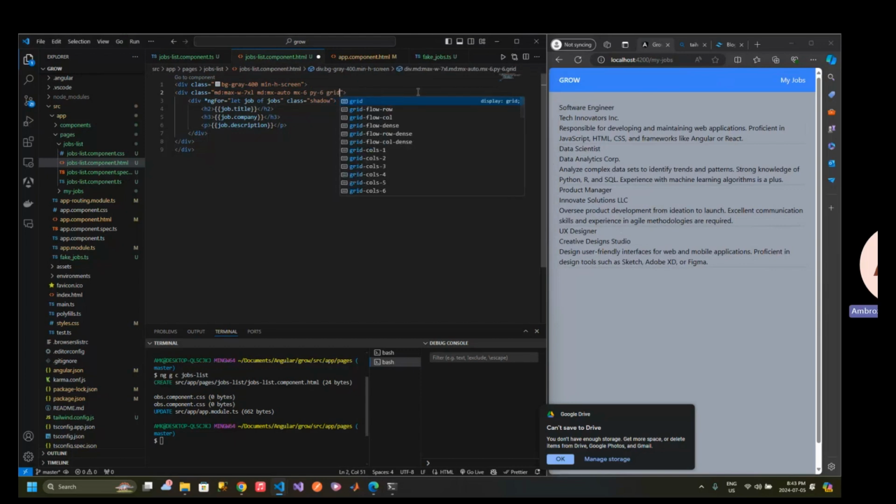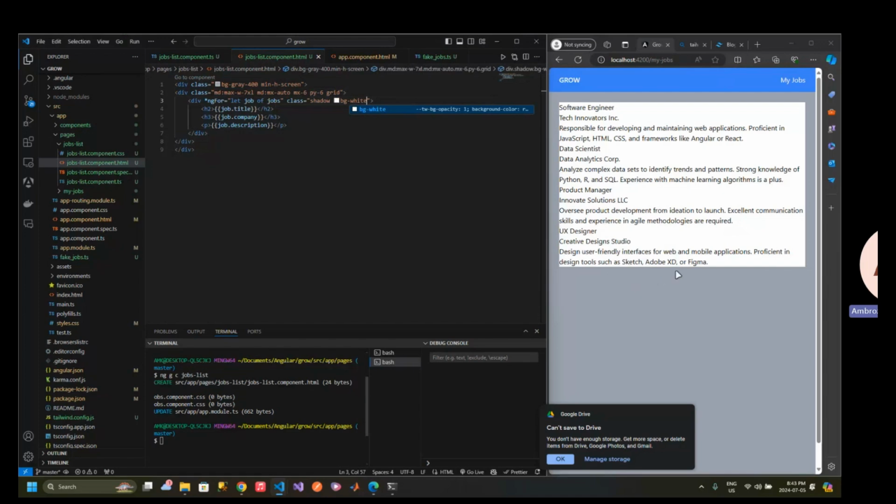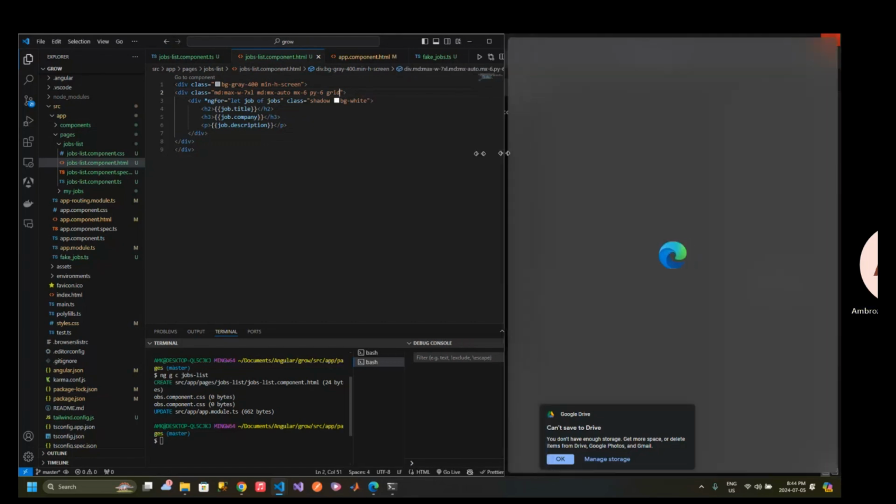I'll make it a grid because I want these boxes. Let me first fix a different background so that we are seeing the cards clearly. But I need spacing that is going to come. So I'm going to give it a grid because I want to be able to see each,